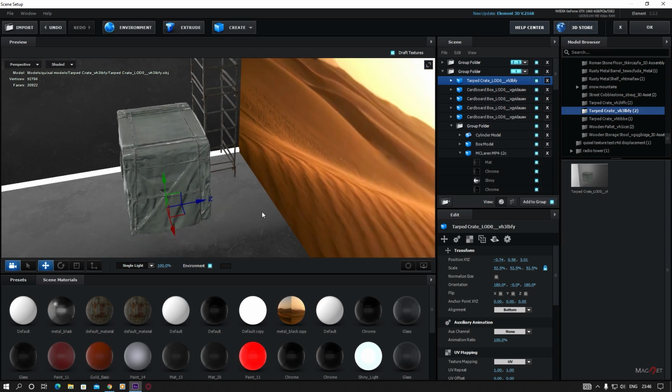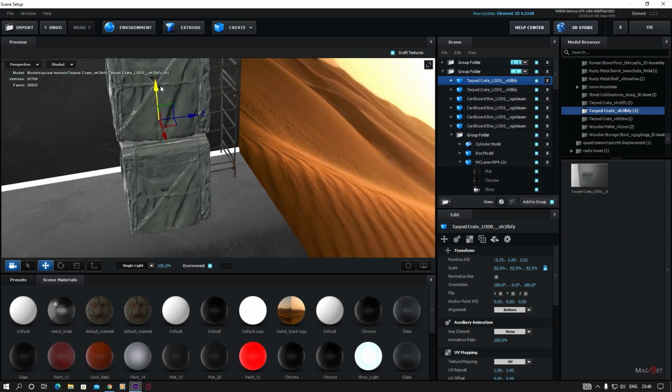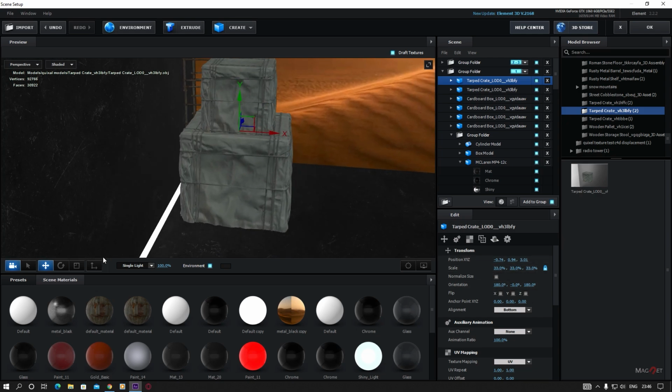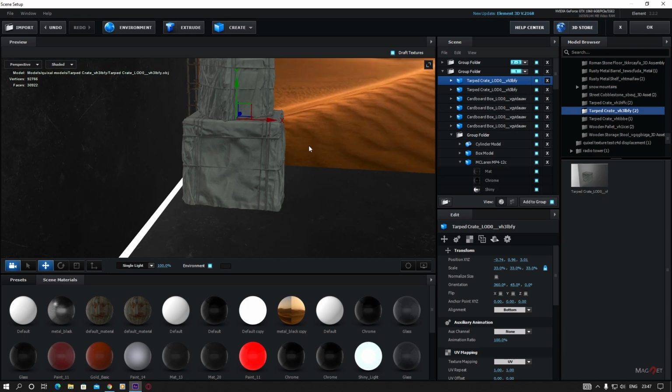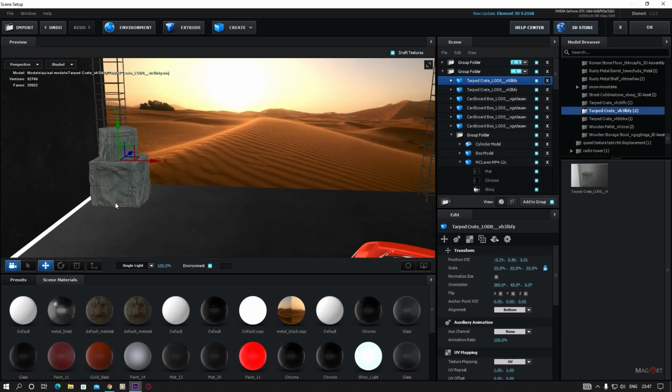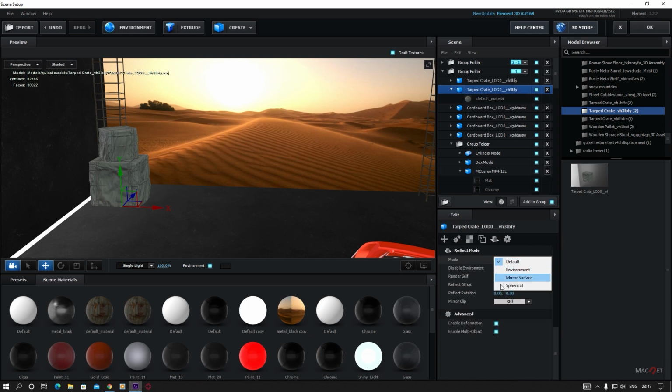Place it here like this, and then we duplicate it and place it here maybe, and then again we decrease the scale and rotate this to make it a little different like this. Okay, so this looks amazing, and just select the model here and go to the reflectivity and change this to